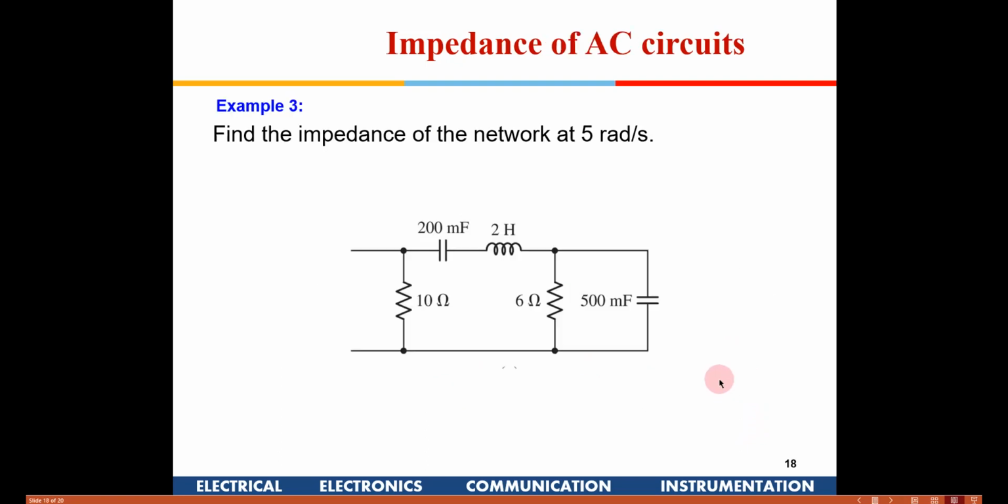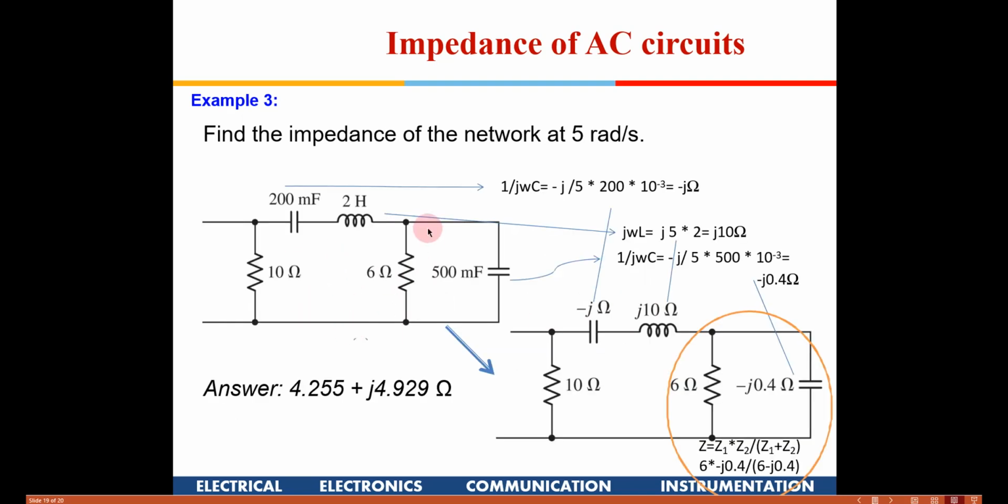So, before we wind up, we will just take one example so the things will become clear. You have 10 ohms, 20 millifarad, 2 Henry, 6 ohms, and now we have to find out the net impedance as seen from the left hand side. This can now be written in algebraic form. So, this is 10. Since it is a capacitance, it will become a minus j, 1 by j omega C. For that, the frequency information has to be given. Without that we can't write it this way.